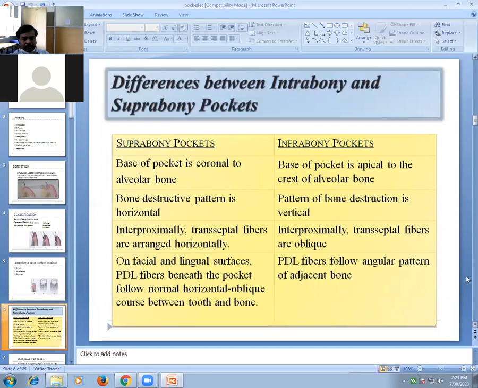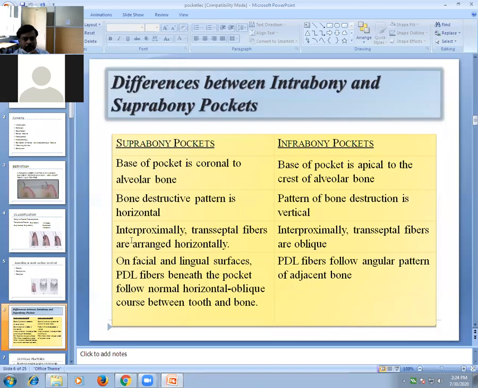So what is the difference between infrabony and suprabony pocket? As I already told, in suprabony pocket, the base of the pocket is coronal to the alveolar bone. But in infrabony, the base of the pocket is apical to the crest of your alveolar bone. So when you see bone destruction in suprabony pocket, the bone destruction will be horizontal. But in infrabony, it is vertical